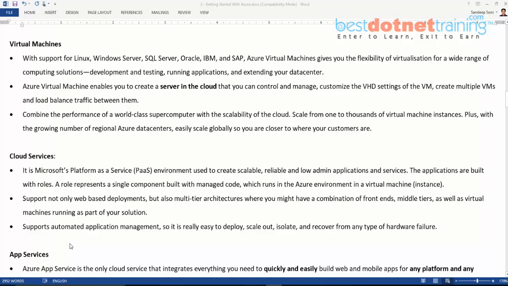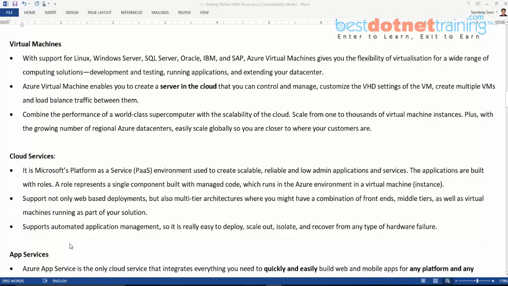Now that virtual machine can have Windows operating system or a Linux operating system. It can have SQL Server deployed, or Oracle, or IBM or SAP also deployed onto it. Something which would probably take weeks for completing the configuration can be provisioned with a few clicks in a few minutes. And the platform will then become available for us to develop, to do testing, or even for that matter making our application live. So yes, Azure provides us with a ready-made virtual machine,